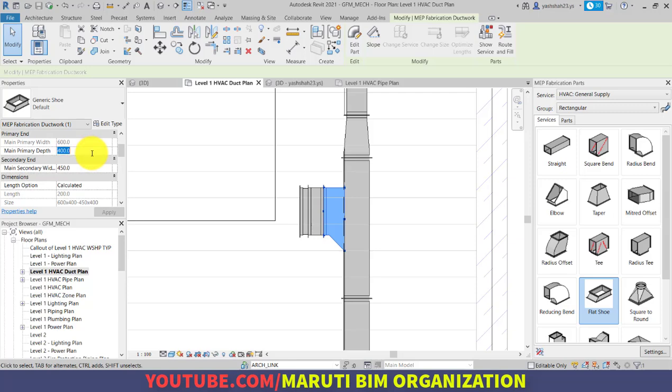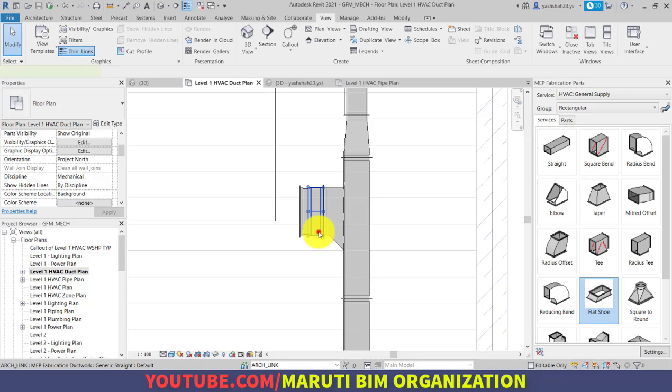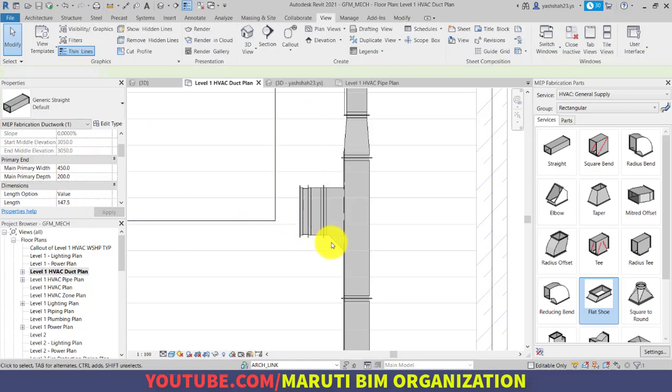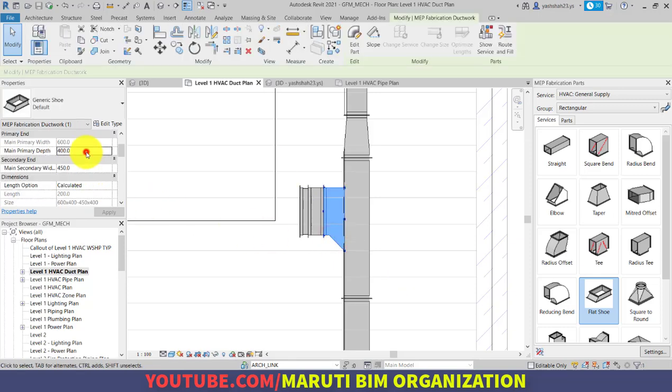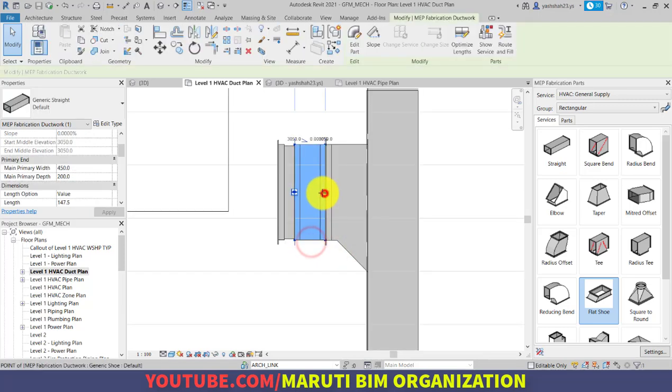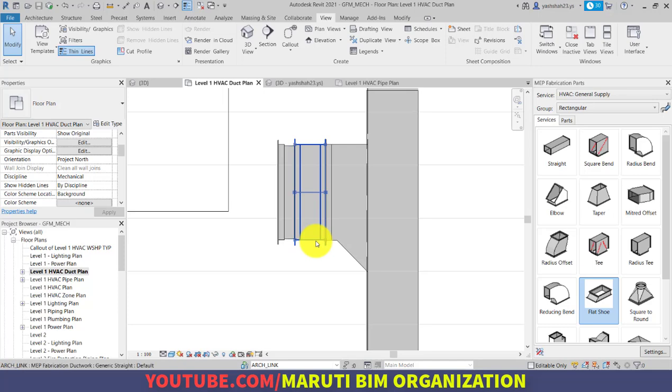So main primary depth is 400. So 450 by 200. Depth is 200. Now I think it should match up the proper connection.